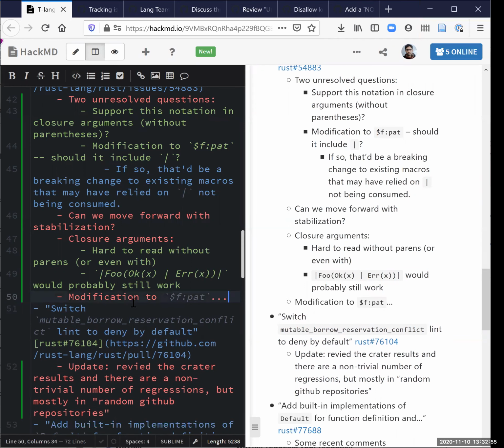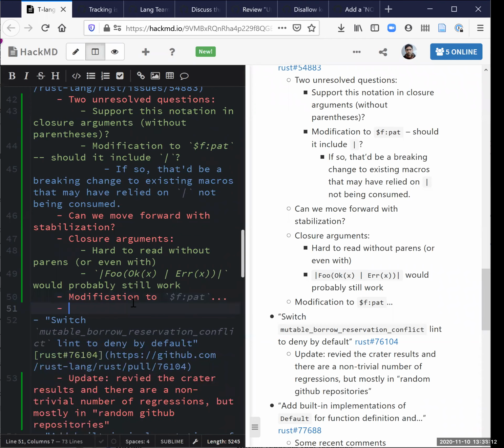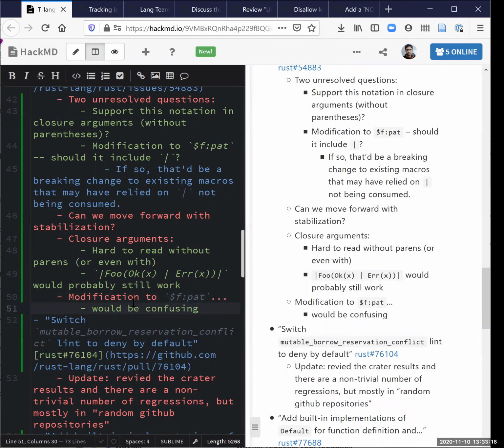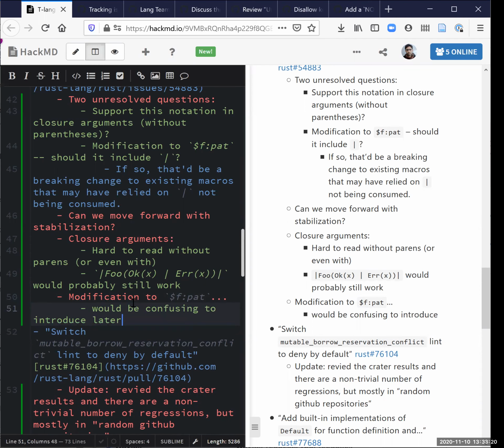I think it would be confusing if there's a type of pattern that you can't match in a macro as a pattern, and macros end up having to go implement OR syntax in order to match what patterns have now become. That actually seems like it would break more things if we want to introduce it in the future. So I think that if we're going to do that, we probably should do it sooner rather than later.